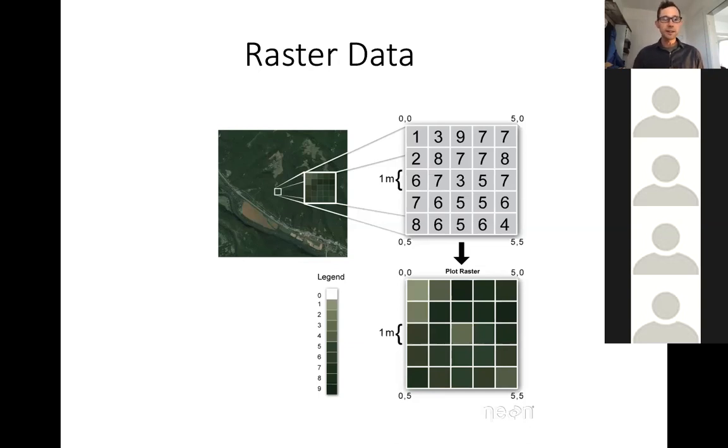So in the middle here, you've got a satellite image and a zoom in on a small section of the middle of that image. And fundamentally, what we have here is a grid of numbers. And in this case, the numbers are representing essentially the brightness of